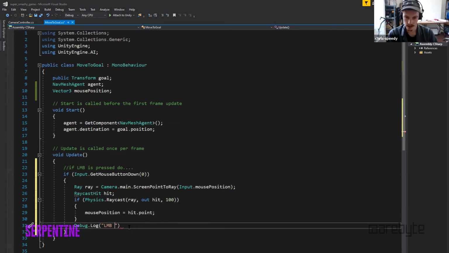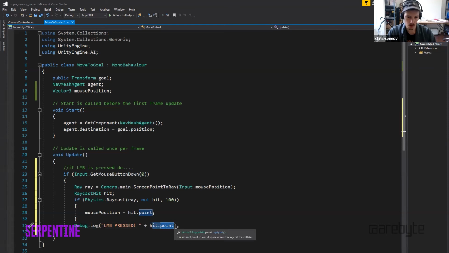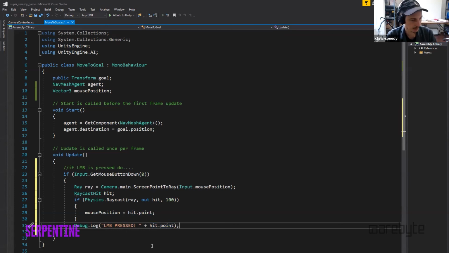So I'm going to say LMB for left mouse button pressed, and then I'm also going to say hit dot point. And so what this will do is it will tell me that I pressed the left mouse button and what was hit, if anything, which might return an error. Anyway,